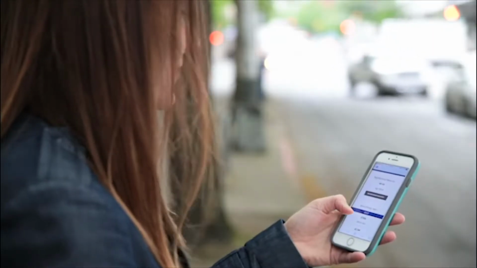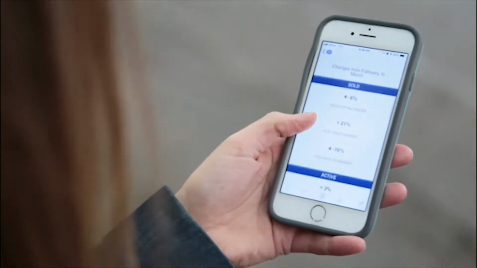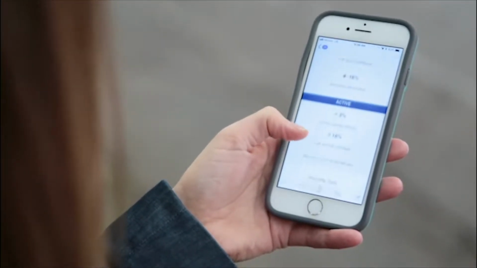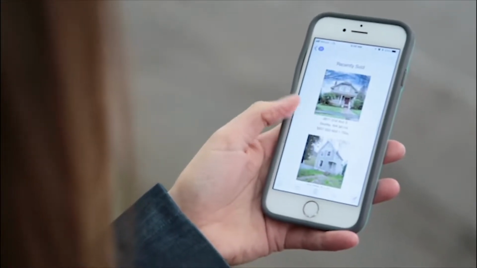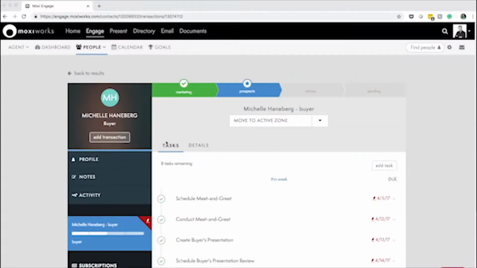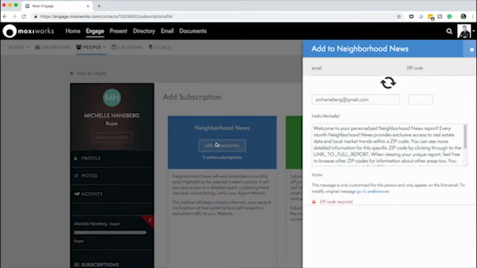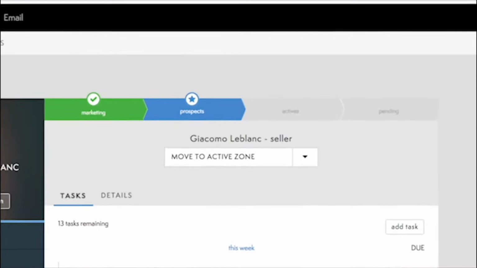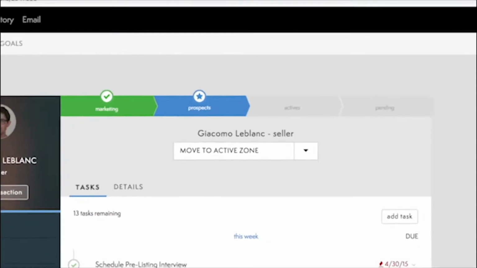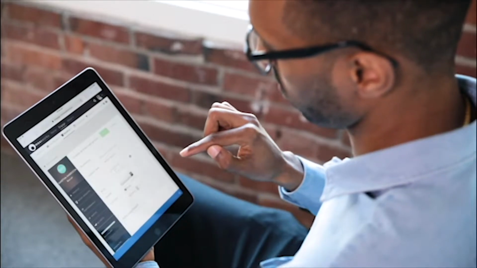It's easy for agents to nurture all leads through automated drip campaigns. Yes, fully automated, personalized, data-driven content delivered to an agent's database regularly, without the agent doing a thing. That's right, set it and forget it marketing that keeps agents top of mind with their sphere at no added cost. As a lead is nurtured, the agent moves that contact through the sales flow. Out of the box, it works great, but it can also be customized for your brokerage, so agents do it